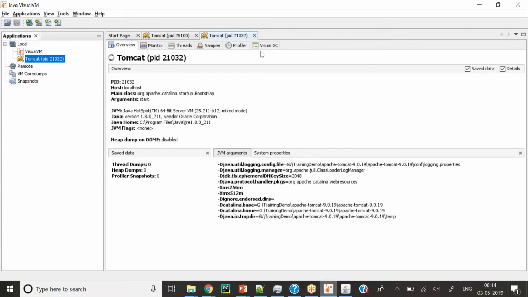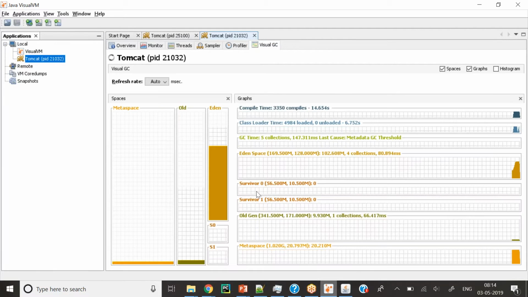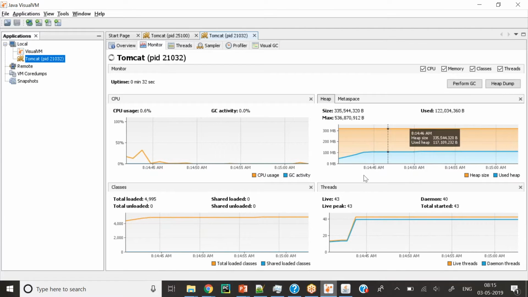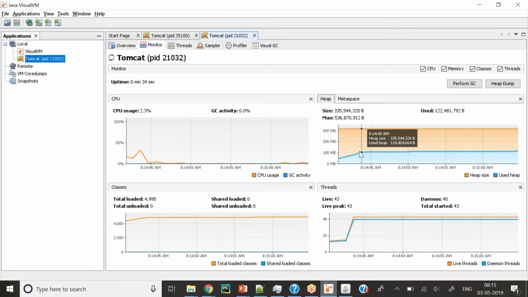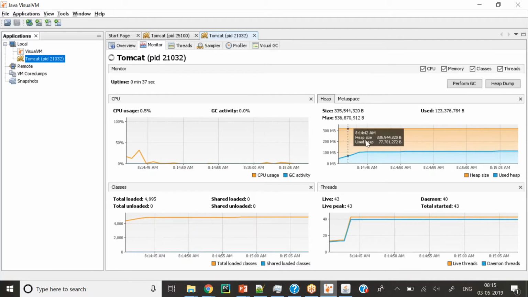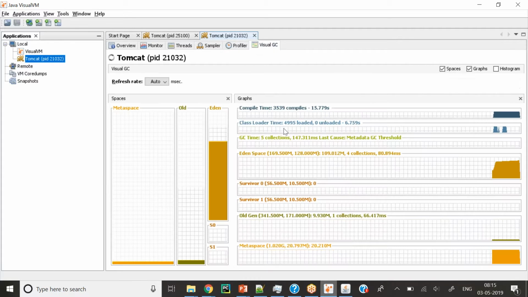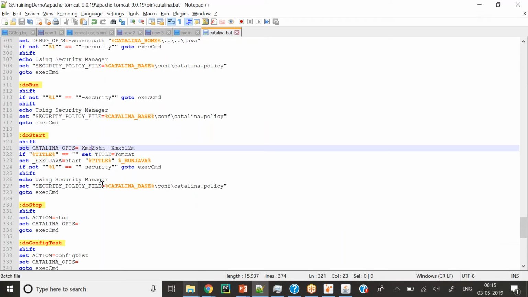Now what impact has it had on my GC, the memory utilization or the memory structure? Because my maximum size is the same, you can hardly see any impact over here, but you will be able to see over here that the maximum is this, and it started with this. This is the exercise I want you to follow. Again get the screenshot of this, and I want you to change and play with these options.